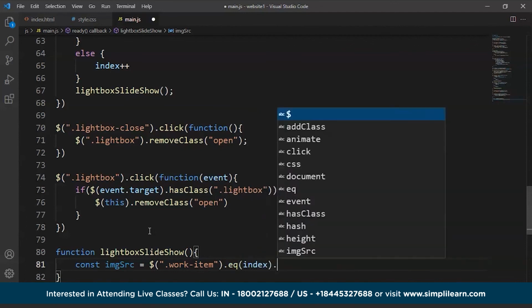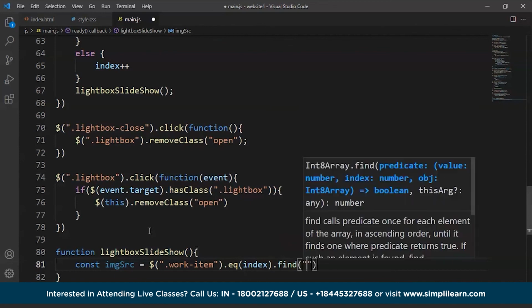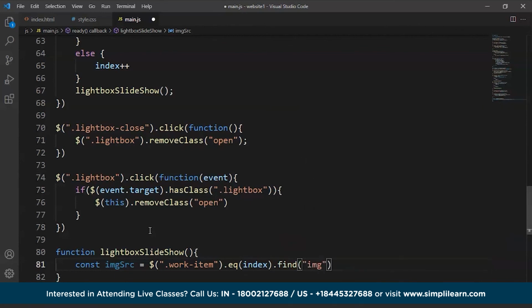So basically we are taking the index, we are going to find the image. We'll write dot find. We'll write img inside this, and then we'll write attribute over here. Attribute is data large. Fine. So we'll write data large,